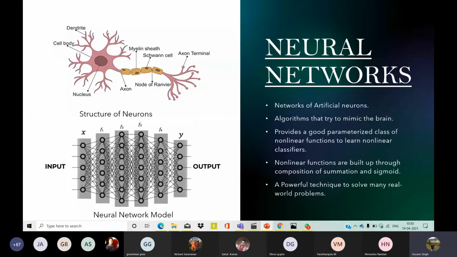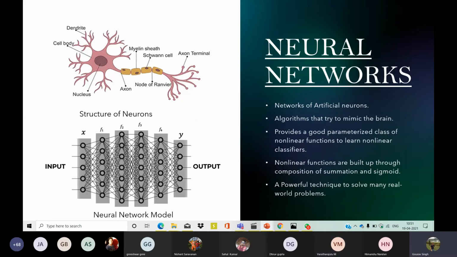So how is a neural network a more efficient algorithm? A neural network provides a good parameterized class of nonlinear functions to learn a nonlinear classifier. Nonlinear classifier in the sense that we can classify our data in various ways, like linearly using a straight line, or nonlinearly using any kind of curve shape.